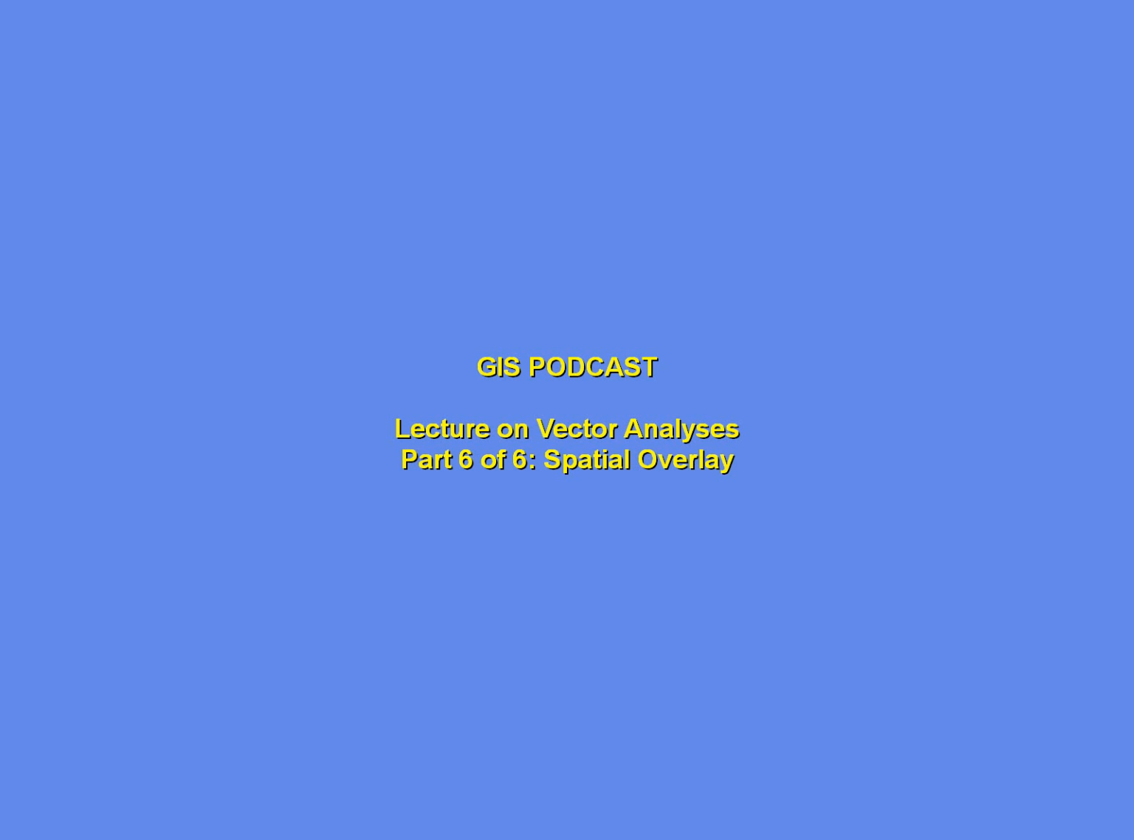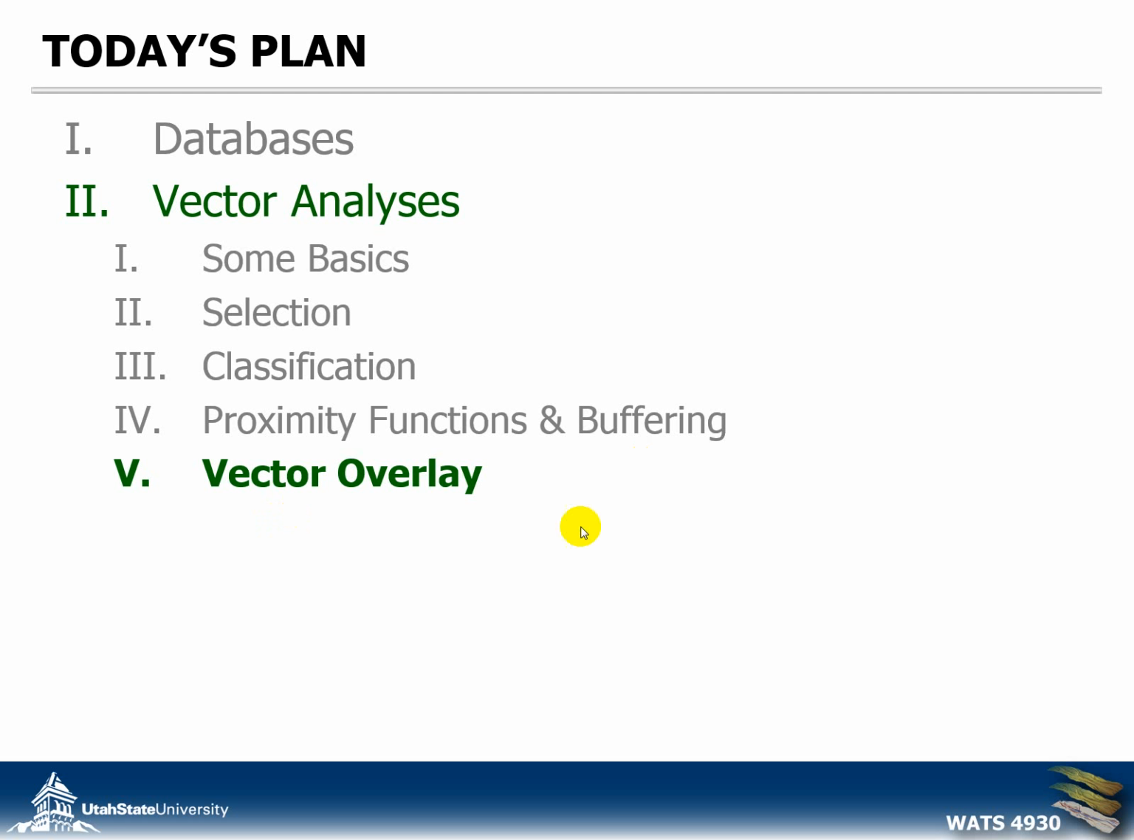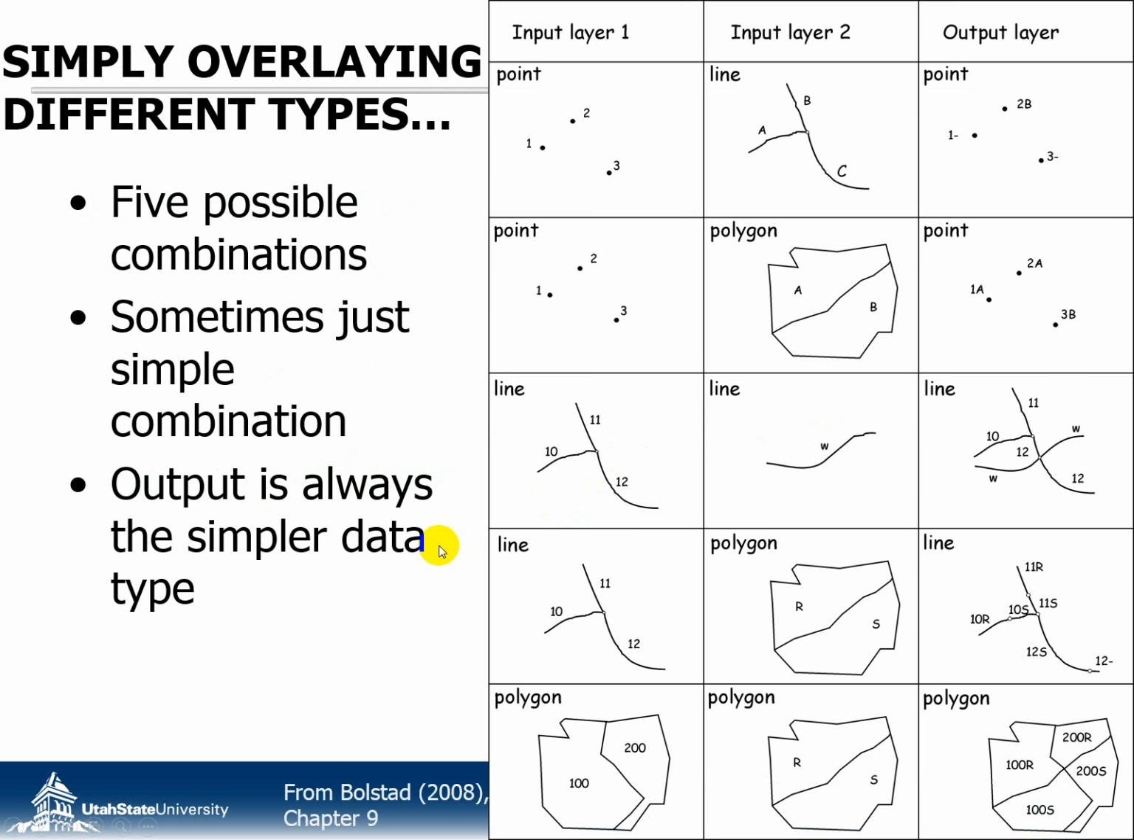In this series on this podcast on an intro to vector analysis, we will talk about vector overlay functions. So, overlay, as the name implies, is just about overlaying different types, and so you've got a variety of possible combinations based off of our point, line, and polygon inputs. And so here is one where we could overlay points with lines, and the output of such an operation is